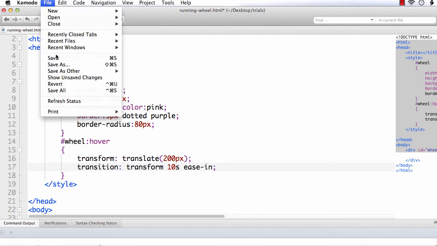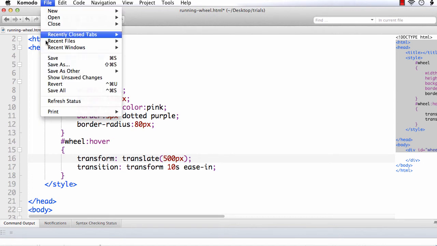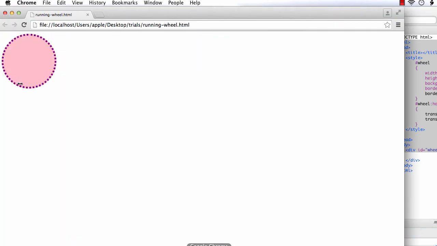So with ease in effect, I will increase the distance to 500 px. Let's see. Refresh. See, it starts slowly and increases the speed as it reaches the end. Okay.